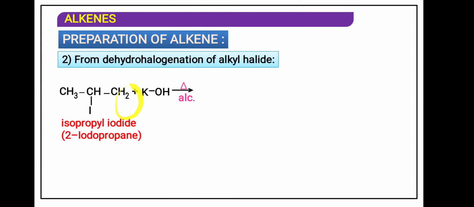Printing mistake, here there will be CH3, alpha, beta 1, beta 2. Assume that this is CH3. Now see, one hydrogen I have written over here. Now here both CH3 and CH3 are equivalent hydrogens, so any hydrogen we can remove.